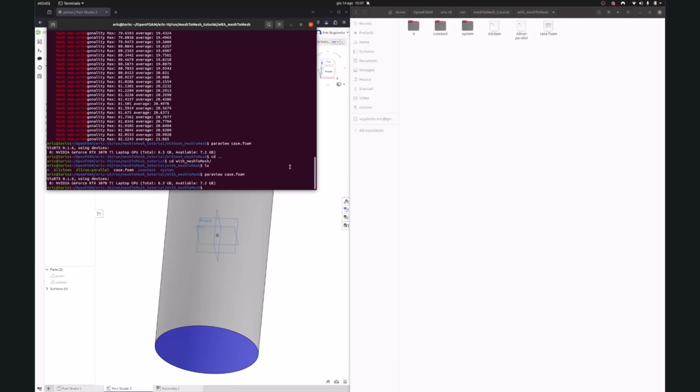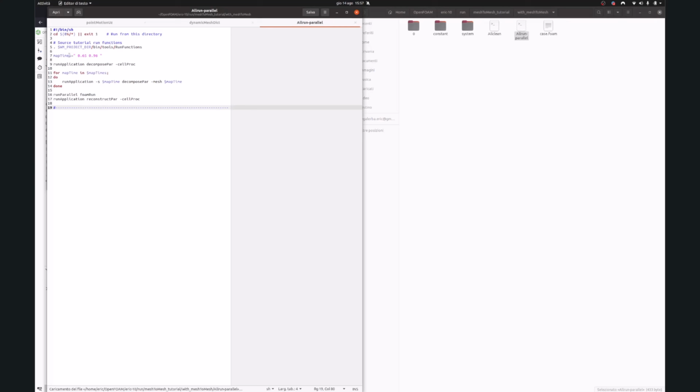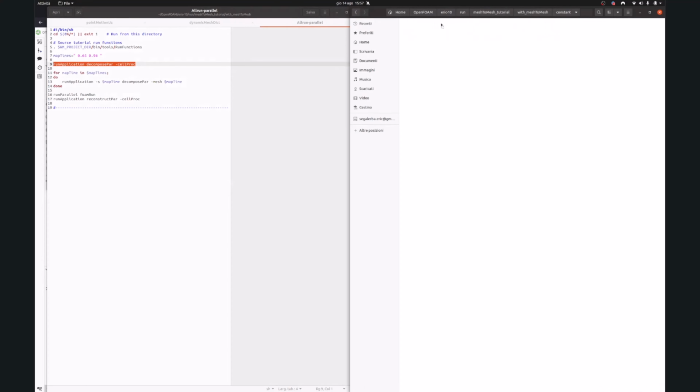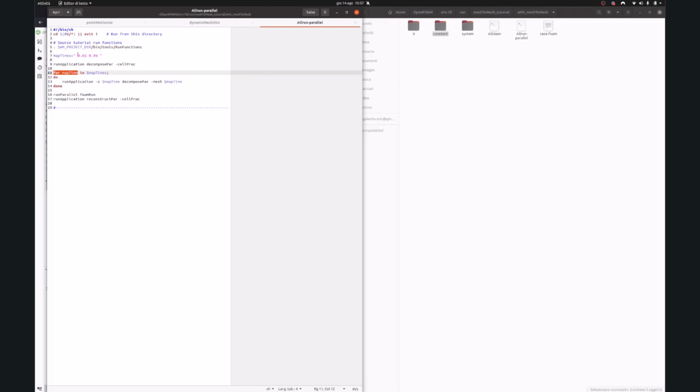So this script is a little bit different with respect to the previous one. In the previous one, we only had the decompose part, the run parallel foamRun and the reconstruct part. In this case, we have a few more steps, which involve the decomposition. As I said, the first one is the decomposition of polyMesh into the various processors. Then what we are going to do is, for each time inside of this list, we run the decompose part